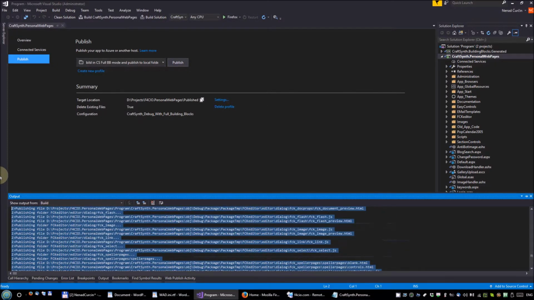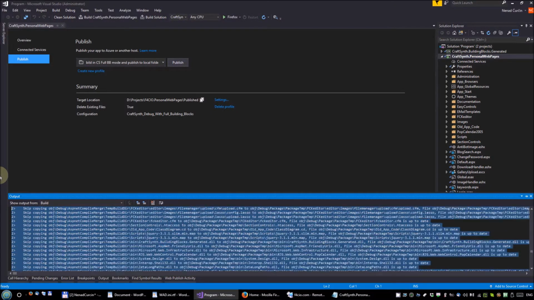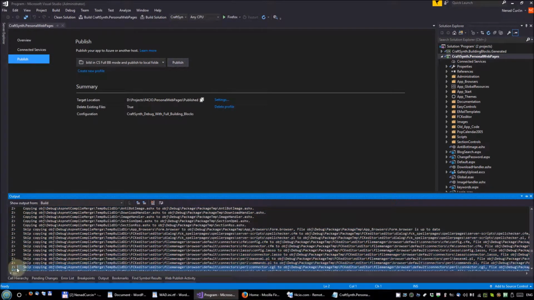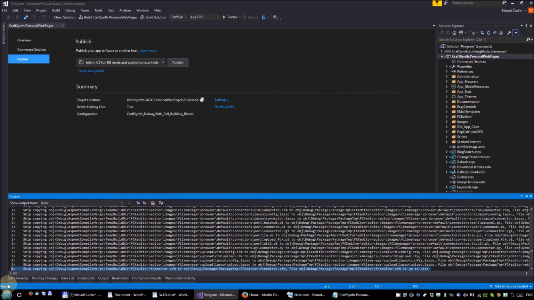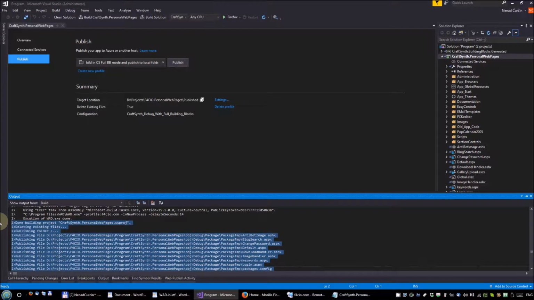This is actually a workaround to one problem in which I couldn't find a way to call this tool after Visual Studio finishes its publish task, but this tool is called a little bit earlier, at this point here,